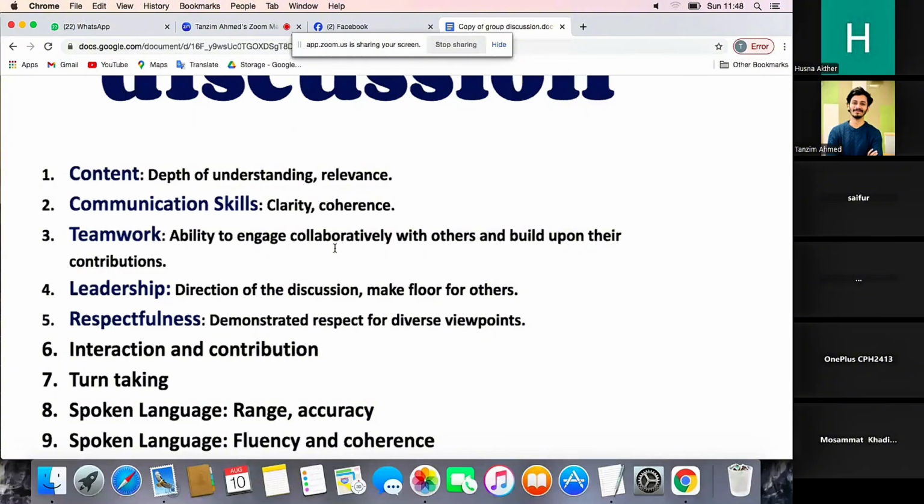So try to speak with clarity and coherence, right? And also the teamwork ability. Well, in Finland, teamwork is something gold, something really precious. Everybody values teamwork, so you must have the teamwork ability. Teamwork ability means when you are in a group, that means you are a team, right? What I really mean is that you should try to collaborate with them, try to agree with